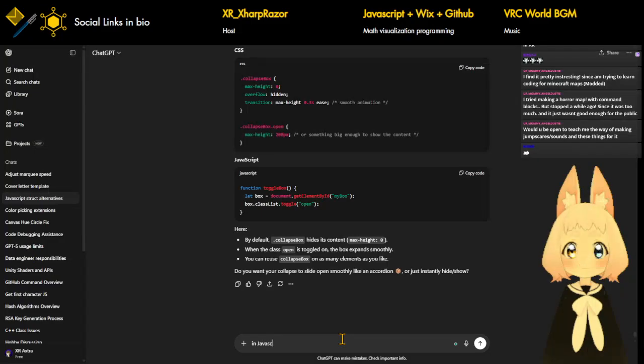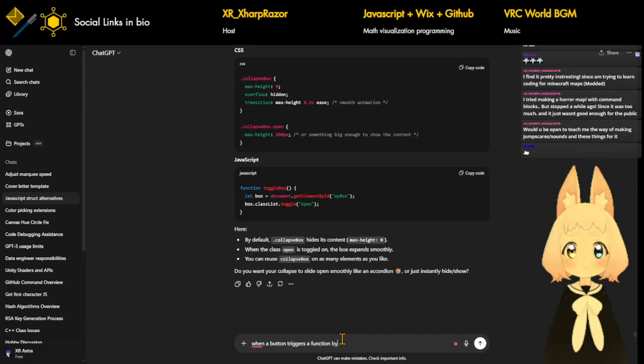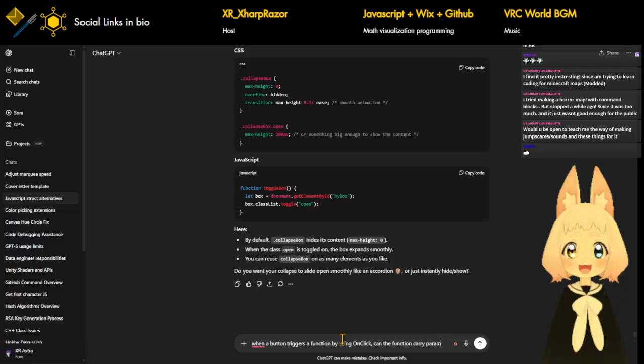In Java, oh wait, no. When a button triggers a function by using onClick, can the function carry parameters, say something like,